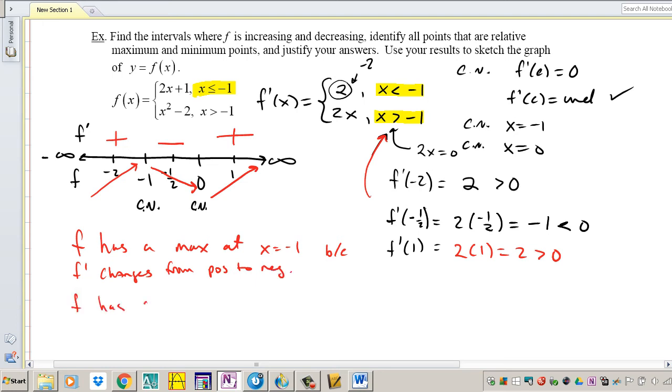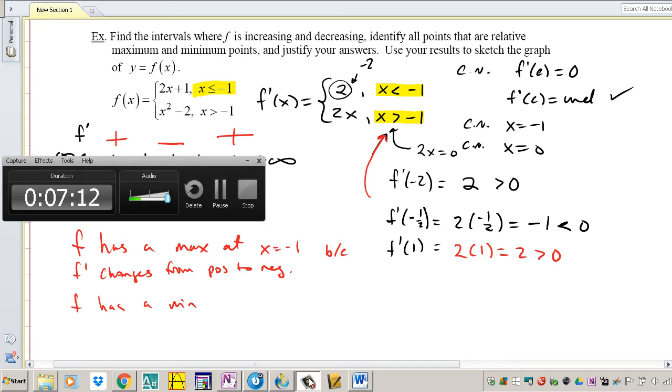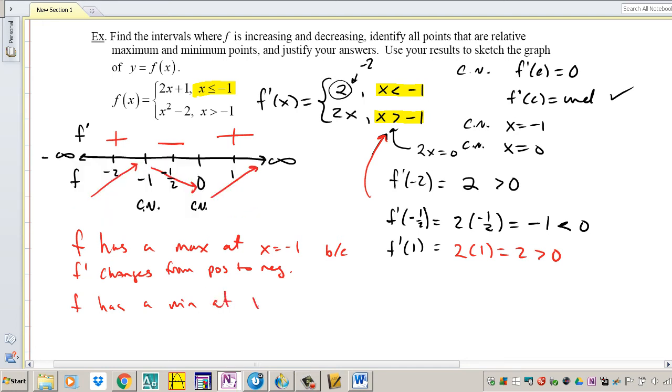F has a minimum at x equal to 0 because f prime changes from negative to positive. This is the kind of answer you need to provide when you're taking your AP exam